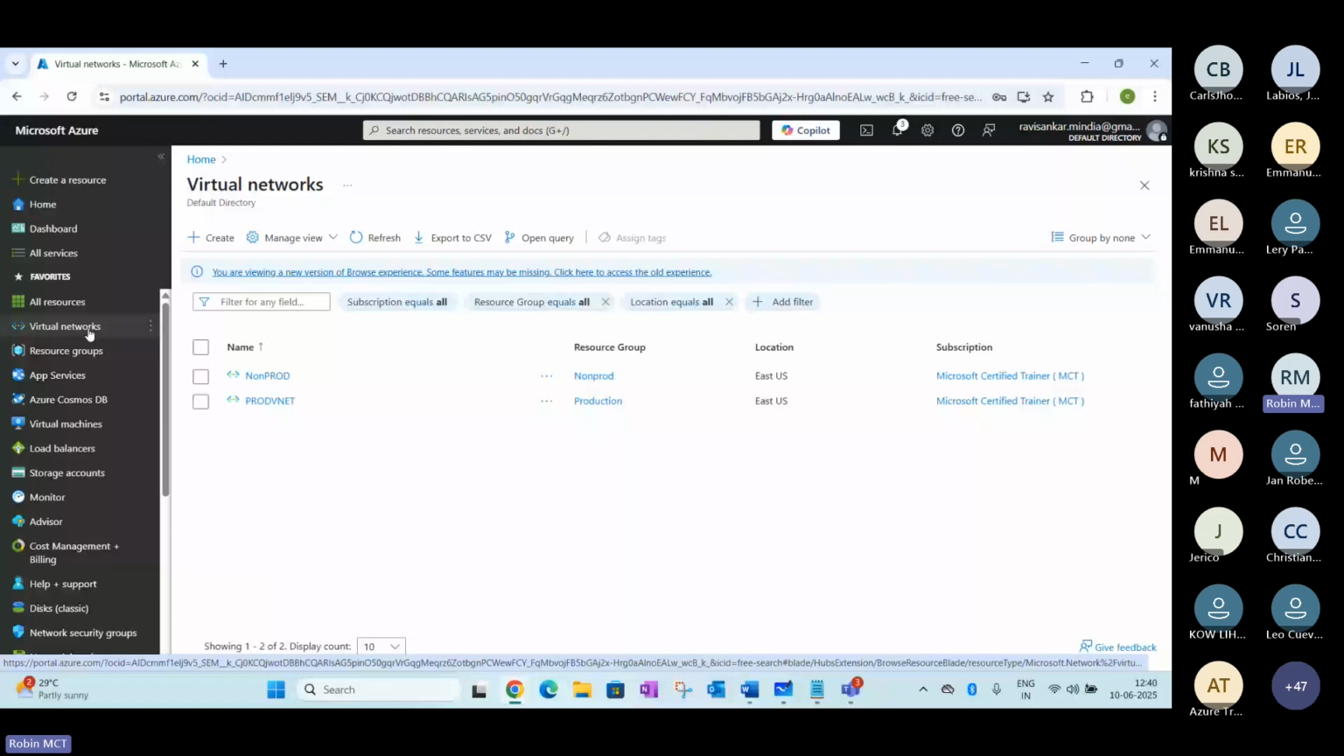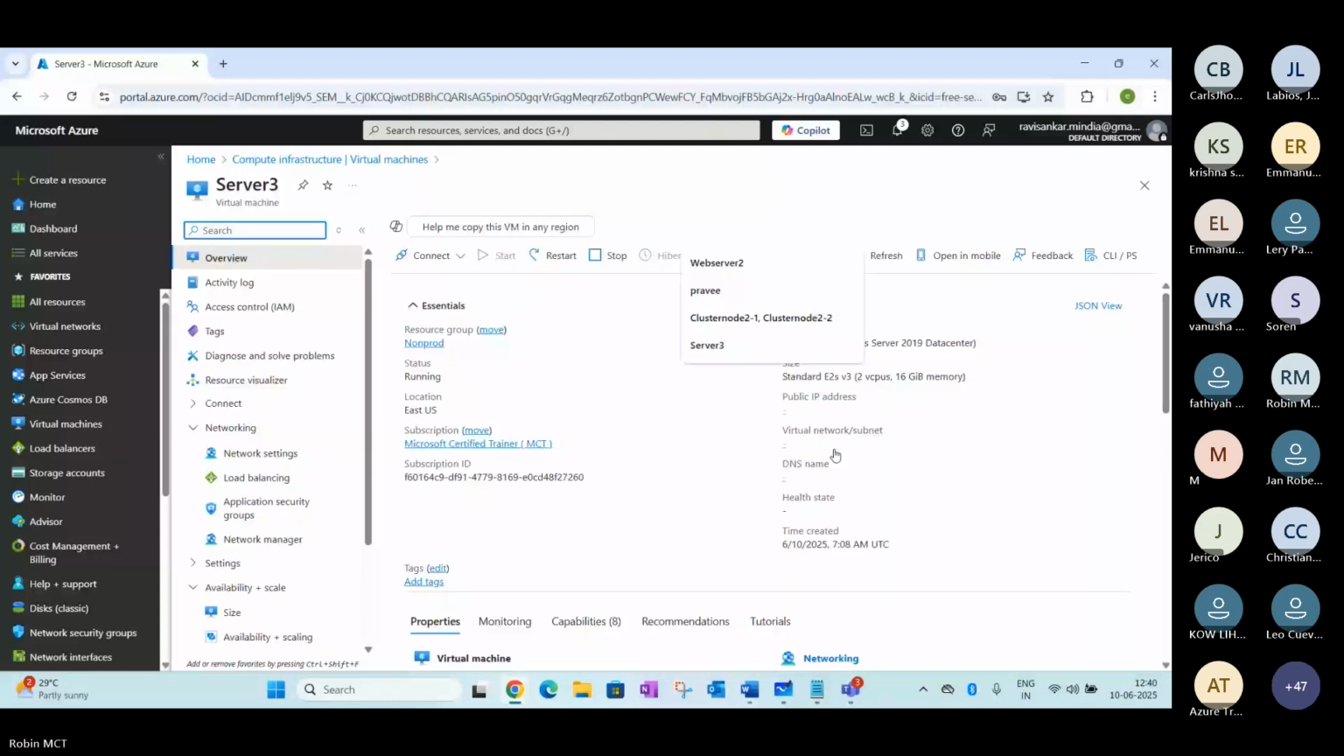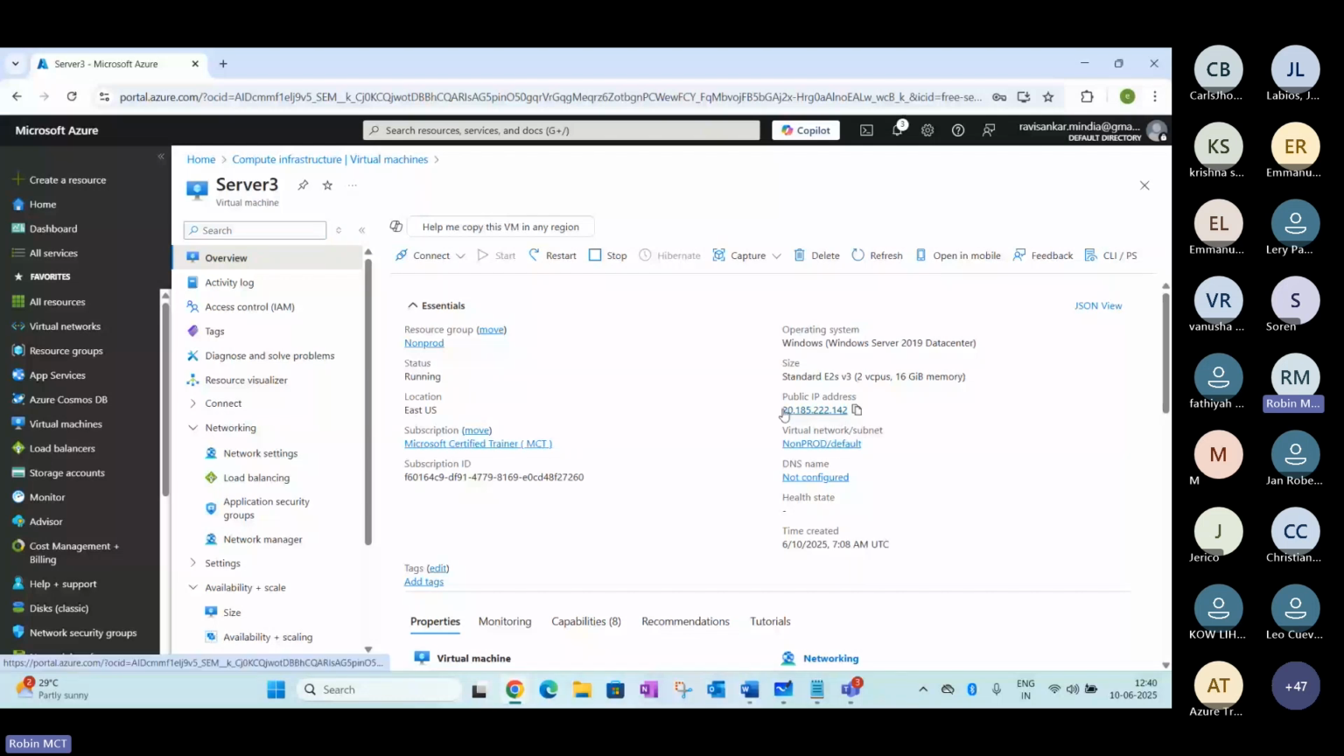It's been created on the portal here. If you see here, two networks have been created, and both are connected to the same location. You may be able to see an option available on the virtual machine. If you can see here, server 3 is available. If you click on this option, you may see a new IP address has been assigned,